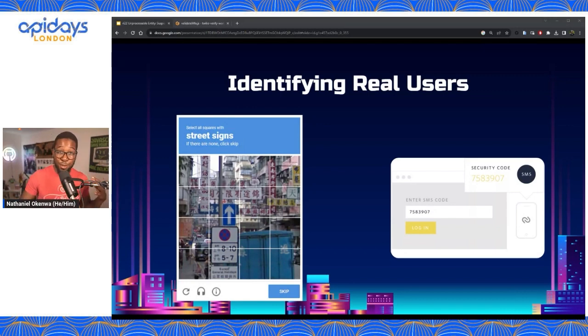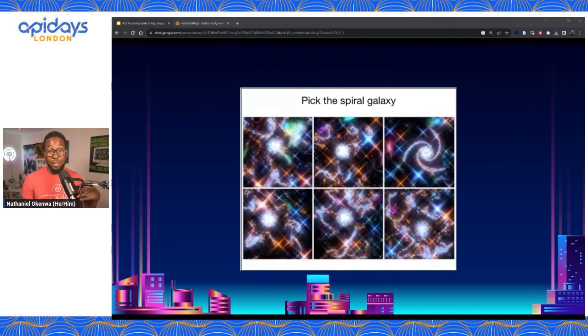Just before we move on, I also do want to shout out one of my favorite captchas that I've seen in the wild about the spiral galaxy. While I know there is the answer in the top right, they're getting really, really hard to distinguish. But anyway, let's think about this user verification, figuring out whether this person is a real person that we want on the platform and they are who they say they are.